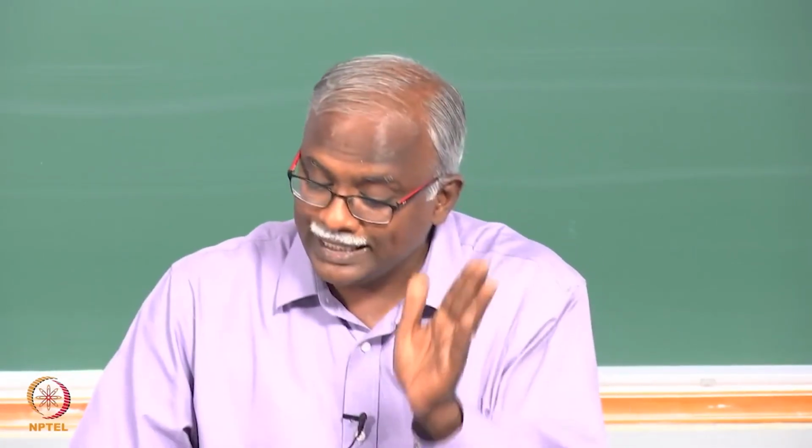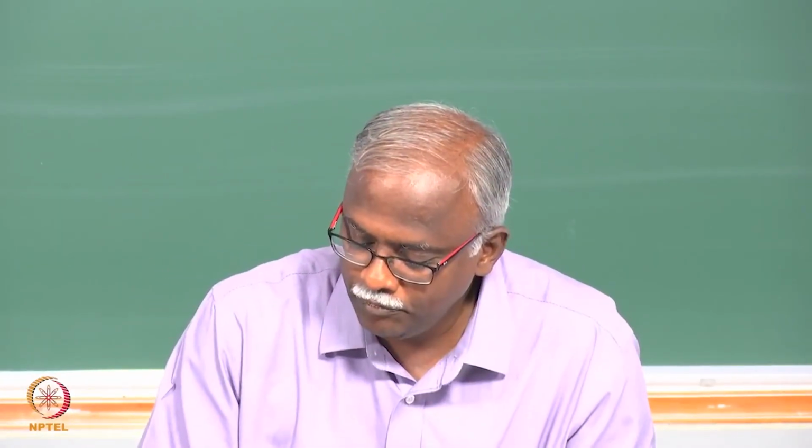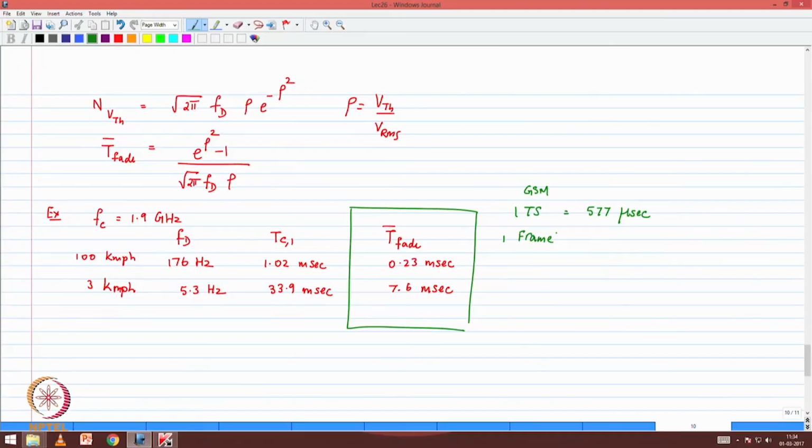Now what happens to the time frame, the 8 time slots? One frame of GSM, because that's when your next time slot is going to come, is 4.6 milliseconds. Definitely not affected by the duration of a fade, because the fade would have already gone. If you are at 3 kilometers per hour, very likely that you may have problems with your next time slot also. Just need to be careful how you design your system, so that we can build on that appropriately.